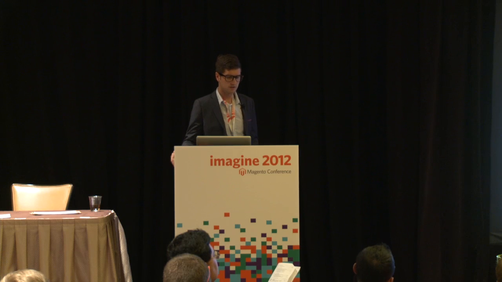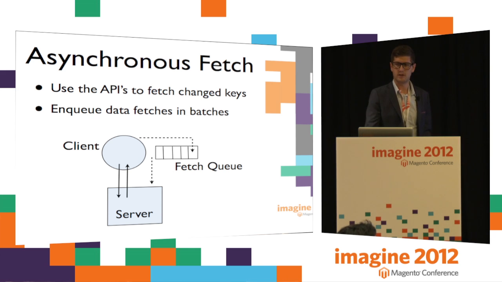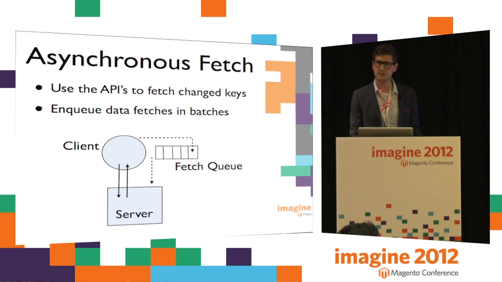So the last thing in terms of patterns, we use asynchronous fetches. So the idea there is we ask the server for a list of the updated records, say new orders. It sends them back to us, and instead of at that time making the detailed fetches to find out all of the information about those orders, we can just enqueue them into an asynchronous queue. And then as those come out of the queue, each one can request its particular order details, and we make those updates. So by doing that, we spread the load of a request,